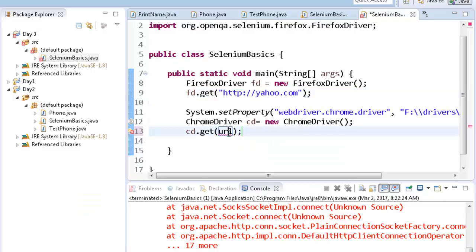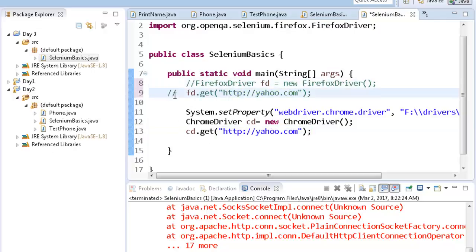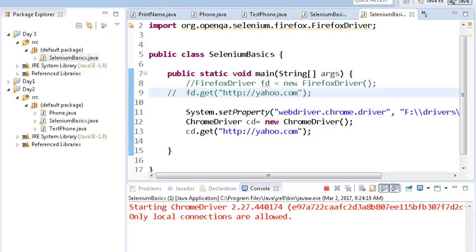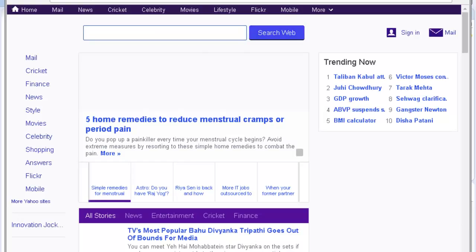So this command will open up Chrome and Chrome will be taken to the Yahoo website. So when you run this program, you will see that a Chrome browser will be opened and it will be taken to the Yahoo website.